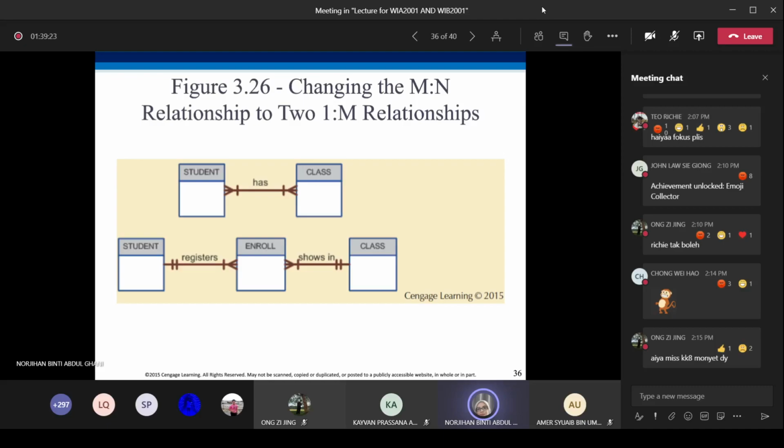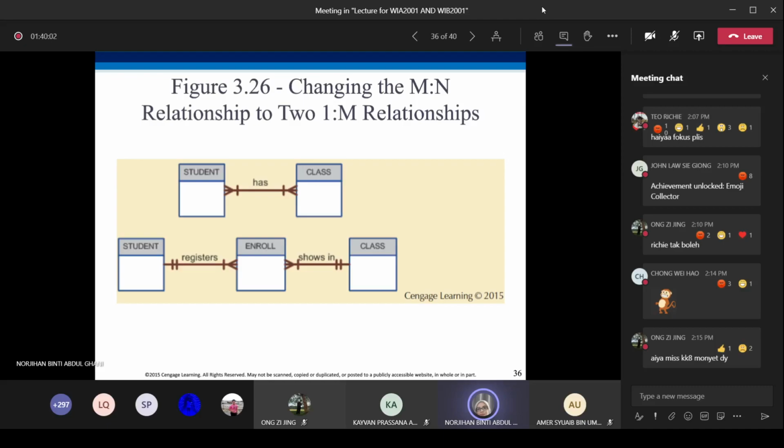You receive your name, your matric number, and the list of courses that you have registered. Here, one student registers one or many enrollments. The registration that you obtain after you register belongs to one and only one student. Then one enrollment shows in one and only one class.